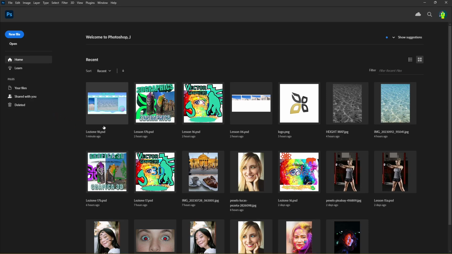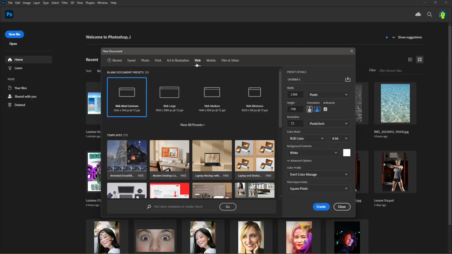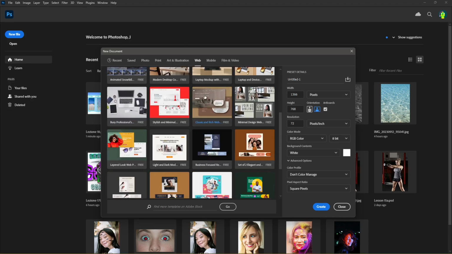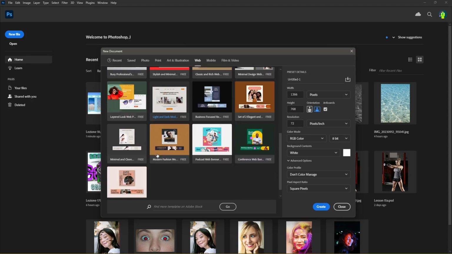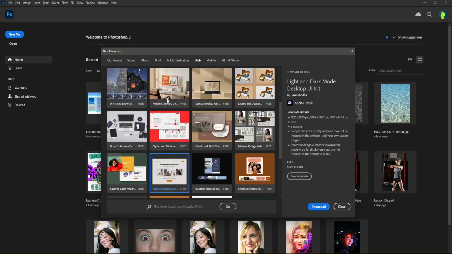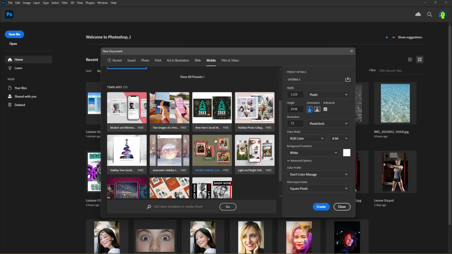So if I go here to new file, just to show you, if we go in the web, we find all templates here that you can use to get inspiration, again, for a website or for something concerning layout in terms of the digital world. So let's say I want this one here, I can download. When it's ready, I can use it to study a little bit how this was made. So you can always use these templates if you don't want to start from zero. You also have here for mobile,